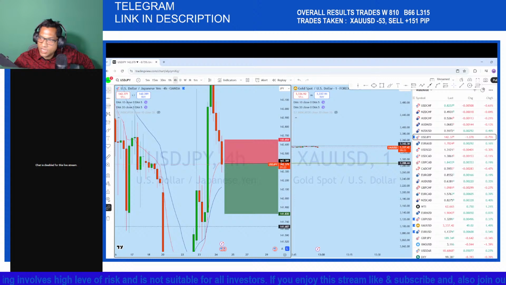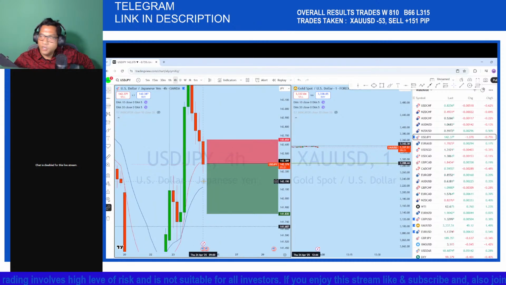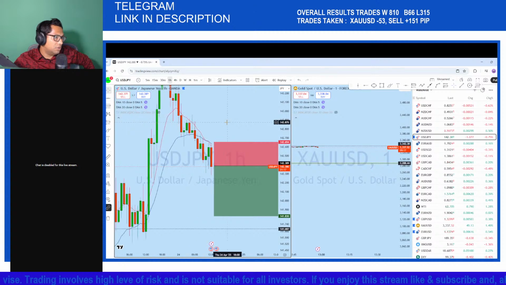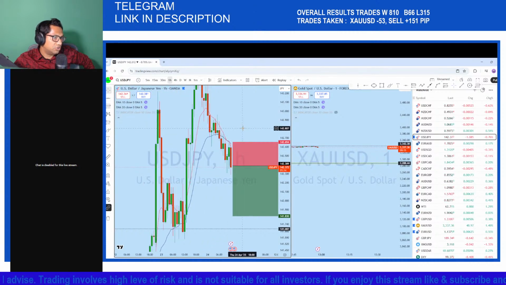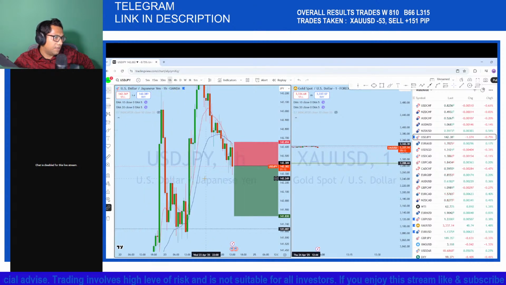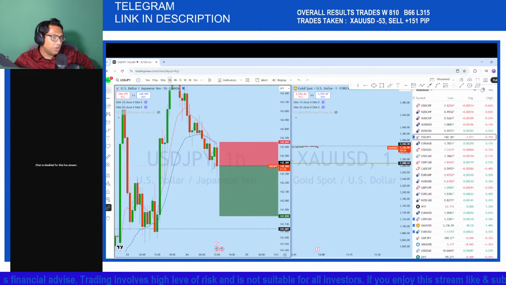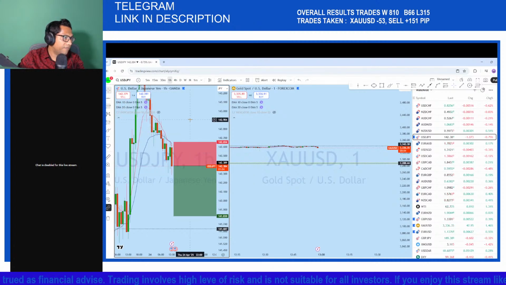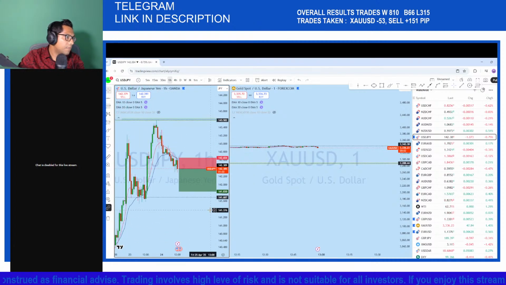So we see that most confluence here is for the price to possibly trend back down in the major direction. There is also a doji formation here, so we'll keep that dollar yen trade running for a possible further bearish move,